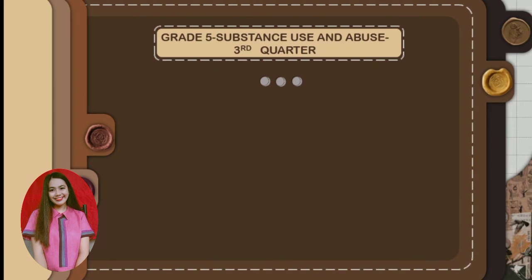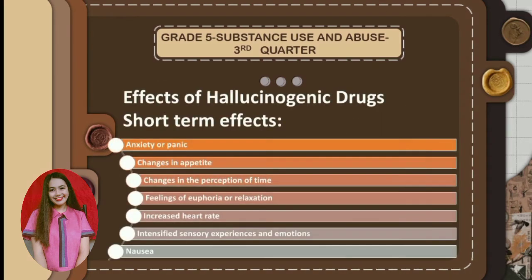The effects of hallucinogenic drugs. Hallucinogens can produce a range of effects that vary in terms of intensity, duration, and long-term effects. These drugs affect how people think, including their perception of reality and the self. The short-term effects